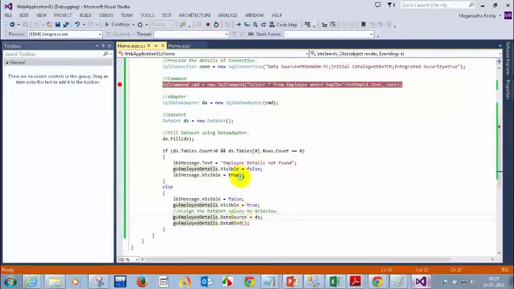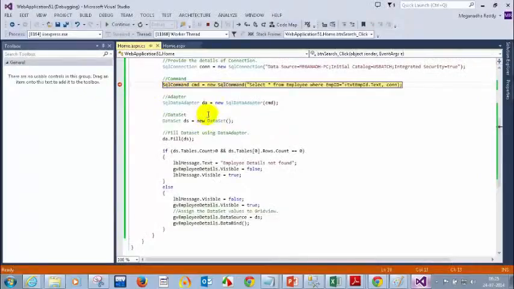Okay, so now if I enter some invalid record, I'm already displaying the grid view. Now if I enter 20 and click on search, I should press F10, F10. Now the count will be 0, because we don't have any rows for employee 20. In that case, I should not display the grid view. Already we have a grid view for employee ID 5, but now I should not display that, because I don't have any employees now.